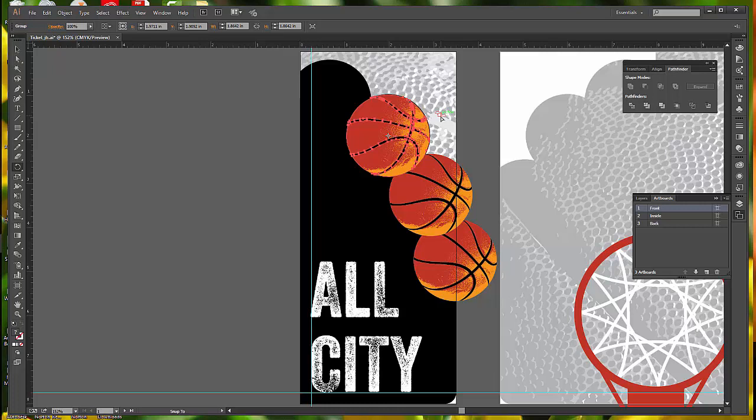Now we're going to rotate each basketball in place using the transform each command. So back to the selection tool, we're going to again click and do Alt, then click and drag on that basketball and drag up again. We're going to put that in that next little slot. And that's our final copy. Release the mouse button, release the modifier key,